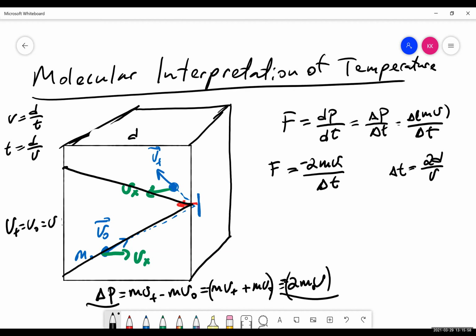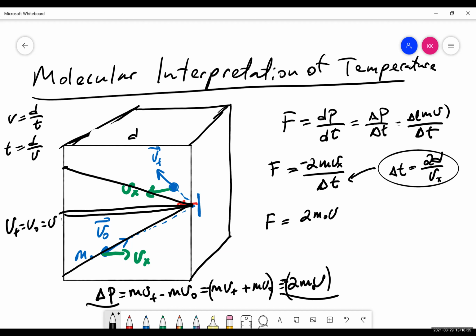And remember, I'm pretty much considering the horizontal velocity. So I'm looking at just one dimension, right? So let's say it goes from here to there, all along the horizontal axis. That means I can replace the delta t right there with 2d over vx. So then the force is equal to 2 times m vx over,